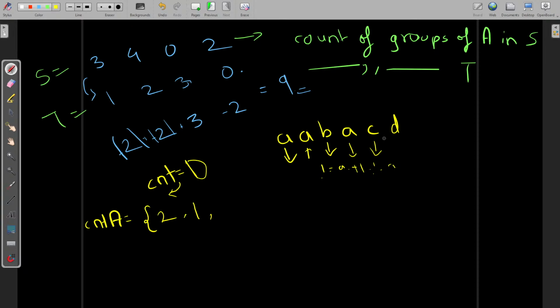Again, I will jump to the next character D. Now I see that it's not equal to A, so again I will perform the insertion operation. The count value is 0 right now, but still we need to push it into the vector, because what this countA vector denotes is,